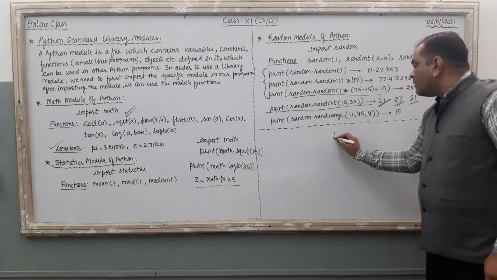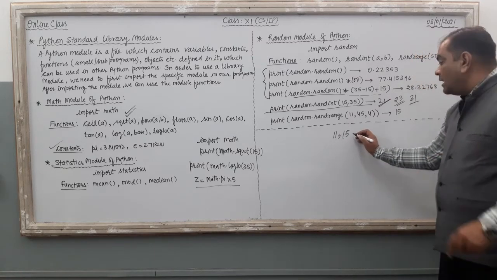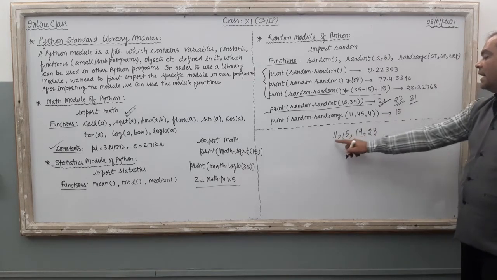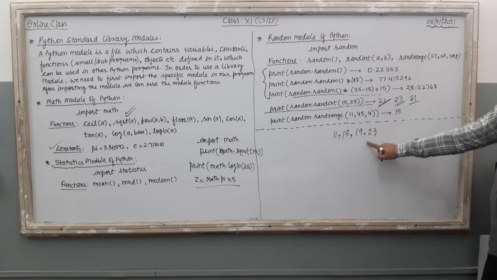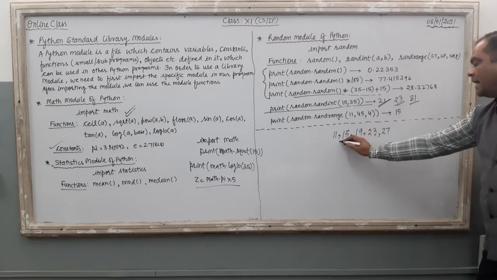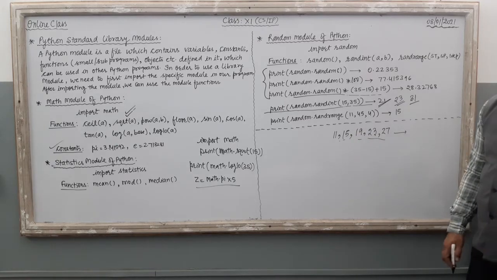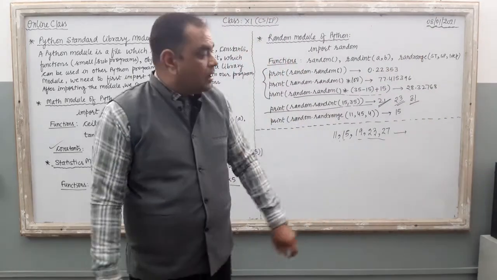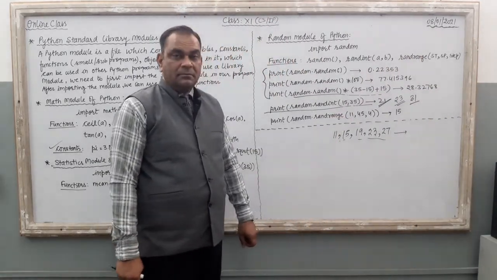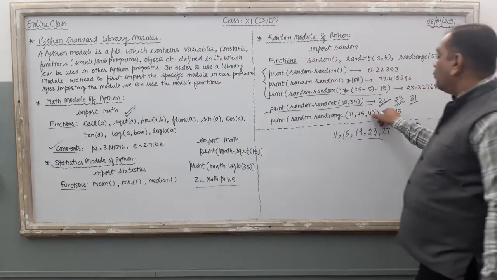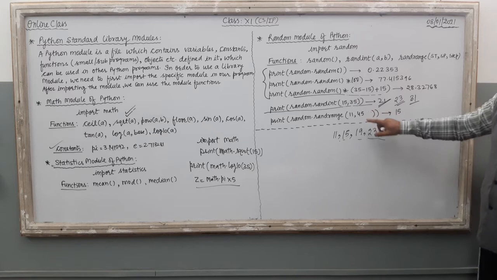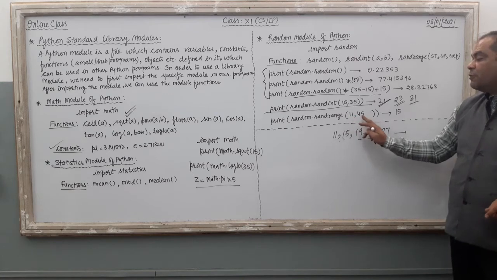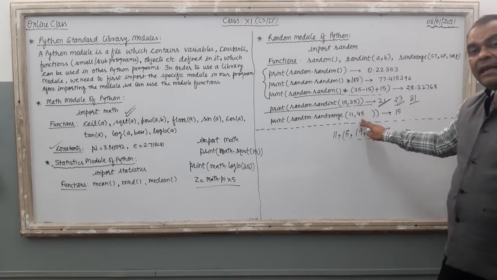Step means the random number will be in this range: 11, 15, then plus 4, 19. 11 plus 4, 15 plus 4, 19 plus 4, 23, then plus 4, 27, right? The random number should be any number of this range if you supply the command. Clear? Now if you skip this step part, what will happen? Now any number between 11 to 45 will be shown to you, and the number is in integer format.